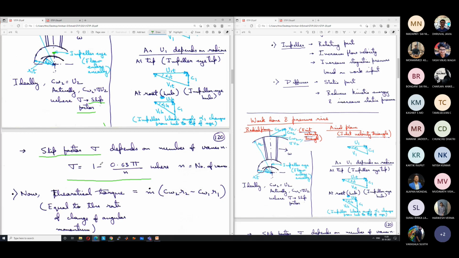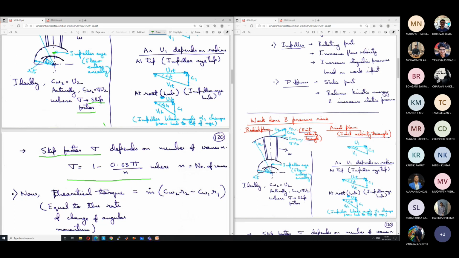impellers for centrifugal compressors. As you were saying correctly, if you keep on increasing the number of vanes further, the area available for the flow to occur will decrease. If you want to keep the flow rate constant, the relative velocity through the impeller will increase. As a result, frictional losses will increase. And if you keep the number of vanes very less, then the slip factor will be too low.